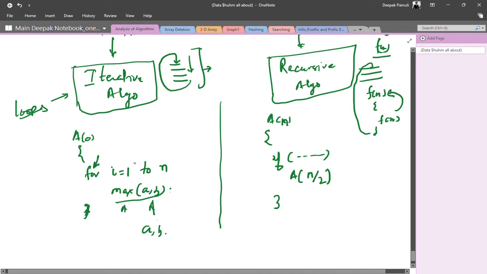So until i is not equal to n, this loop will continue to execute. For i equals 1, it will print max of a, b. For i equals 2, it will print max of a, b. For i equals 3, it will print max of a, b, like that till we are not getting i equals n. That means till i equals n minus 1, it will print max of this one, right?